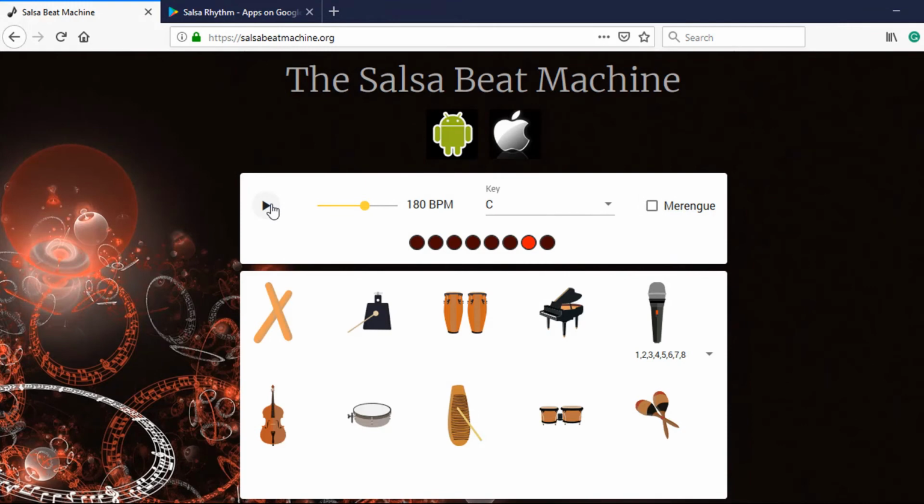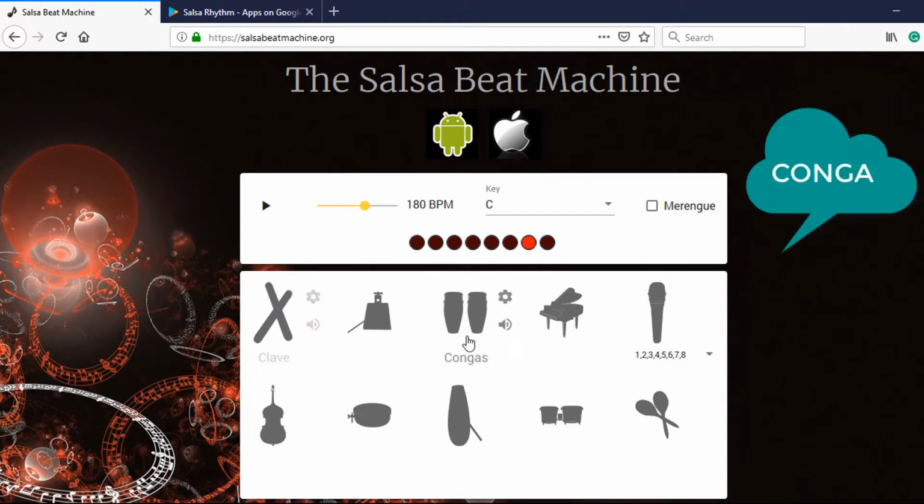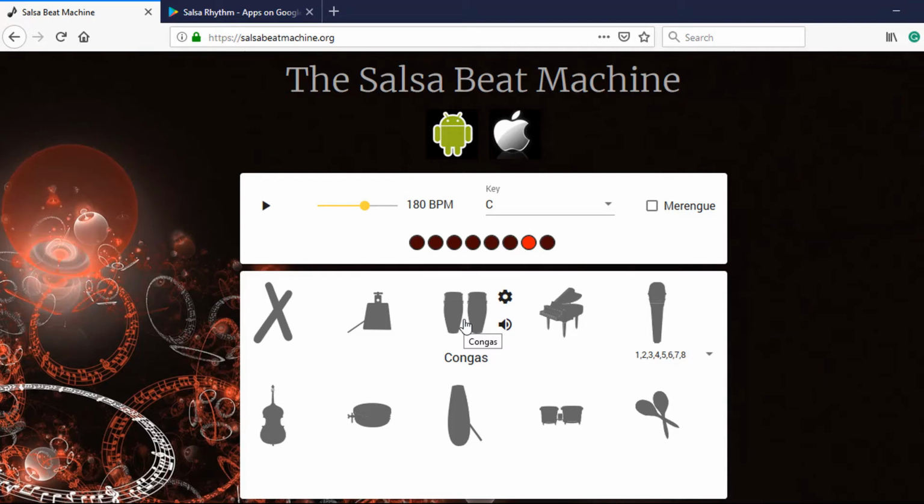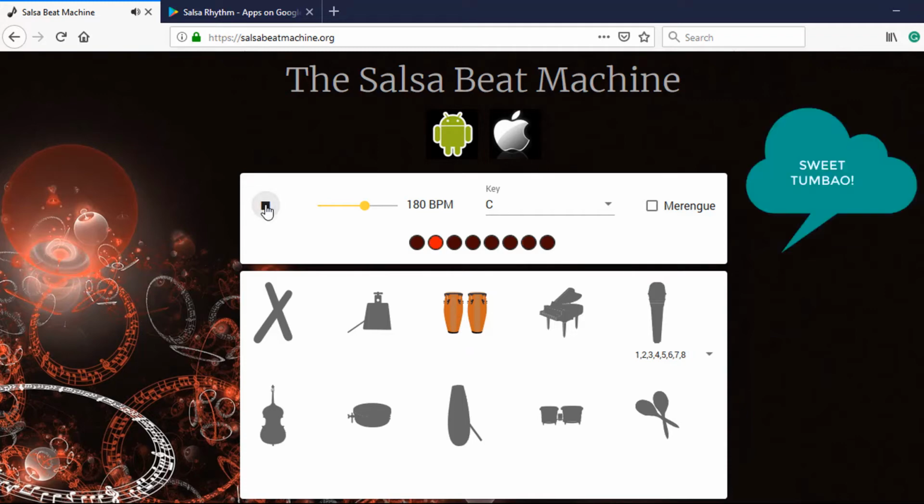What I'm going to do is, again, deselect all of the different instruments, and deselect the microphone for the count. The heart of the salsa band is the conga, or the congas as is written here. And the conga pattern is what's known as the tumbao. If I go ahead and push play,